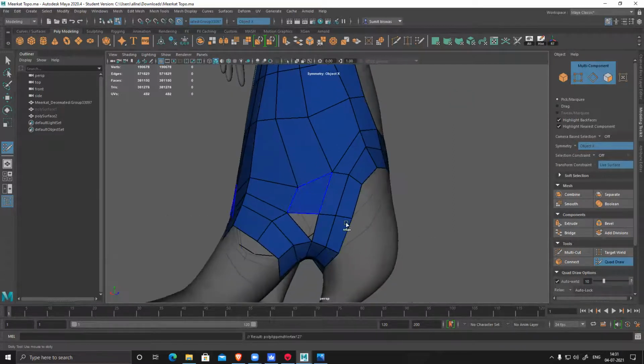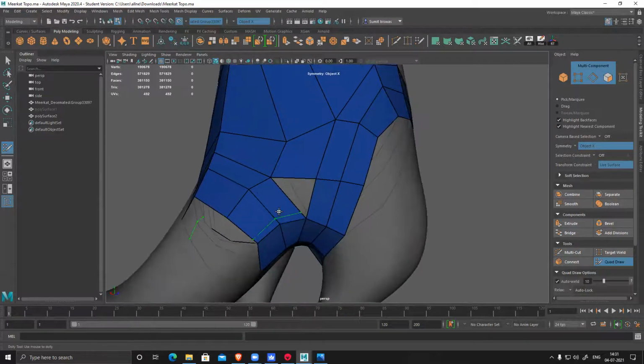Here I can see a triangle forming. So to get rid of this thing, I can just add here.